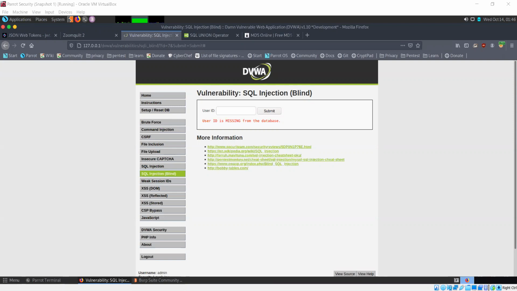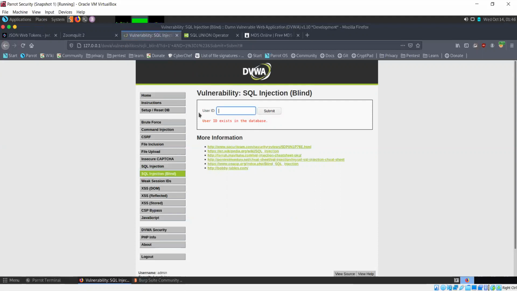So now if we try an SQL injection payload here, okay, to understand this a little bit better, let's say 1, instead of or I'm going to use and 1 is equal to 1. Let's see what we get for this.